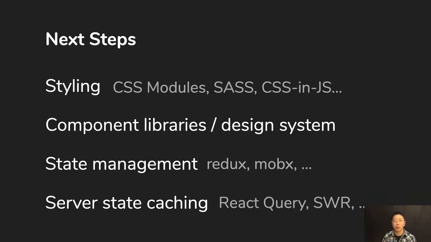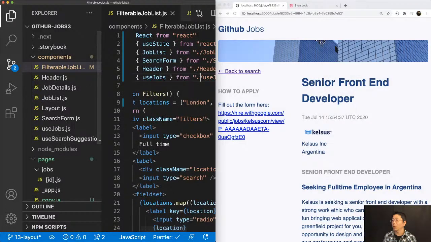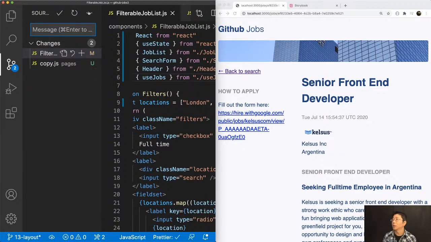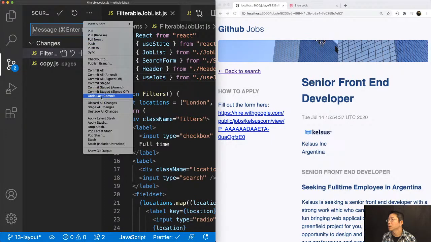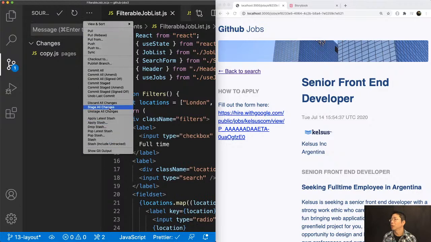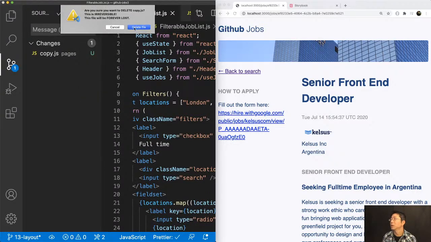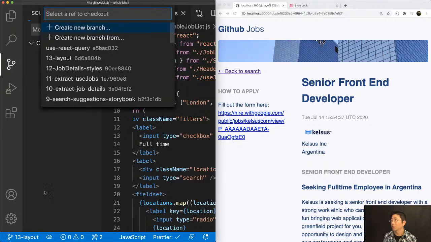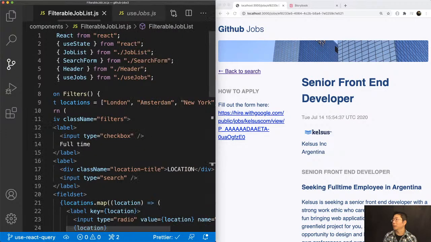So why don't we actually just invent a library to just handle that server state caching, and actually have a branch of that, which I promise that I'm gonna show you. Discard. Yeah. Discard all changes. I'm so dumb that I didn't use this one. Anyway, so this is use React Query, and